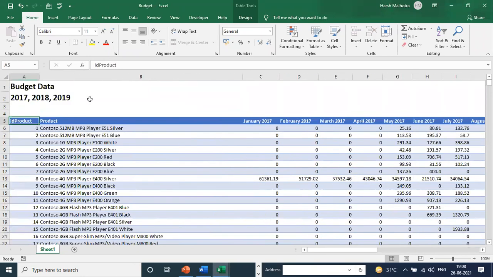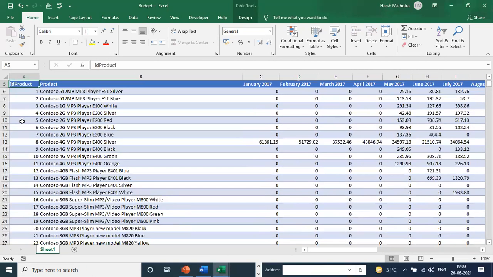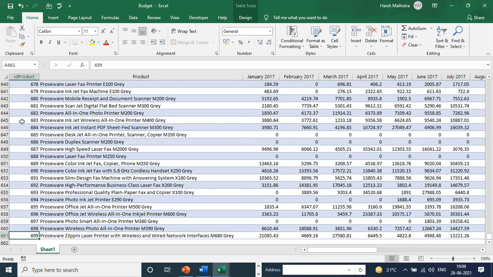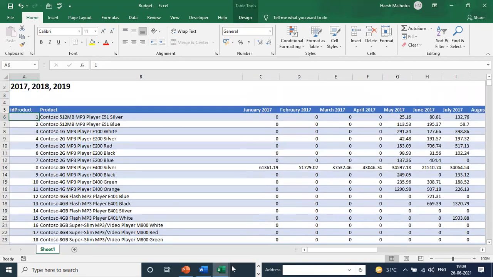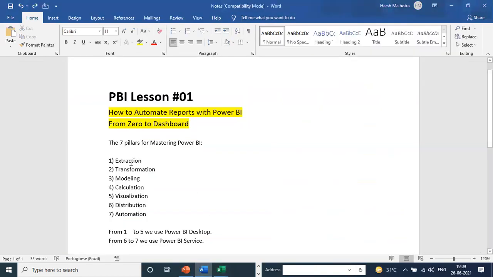All the data is line-wise, but before that, rows 1, 2, 3, and 4 are not usable by the machine, because Power BI is a machine tool which does not understand hidden columns or NA columns. It only understands simple columns in a regular format. See, there are product IDs from 5 to 661, converted into line-wise columns. So Power BI is used only for the correct format. If a file is not in the correct format, then we transform the data in Power BI. And then the third part is modeling.